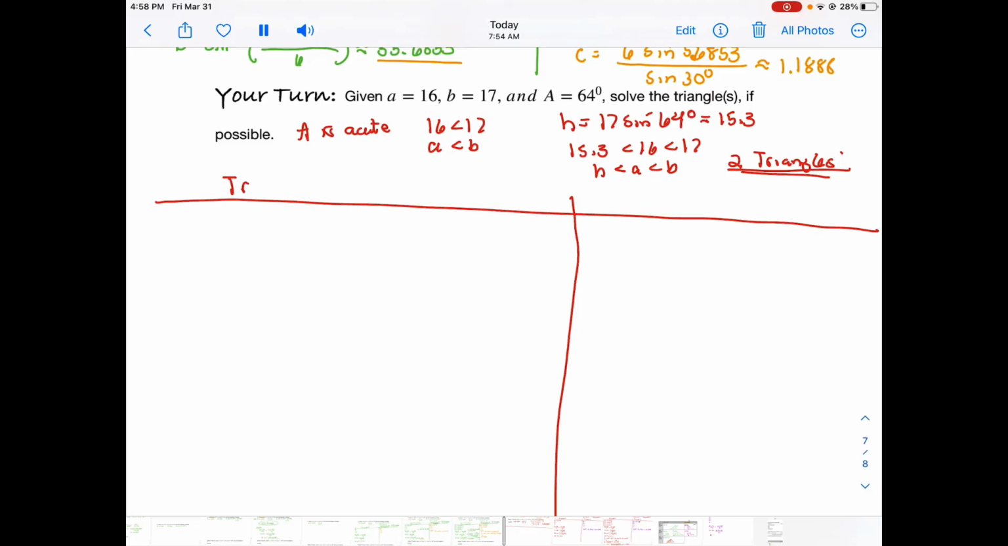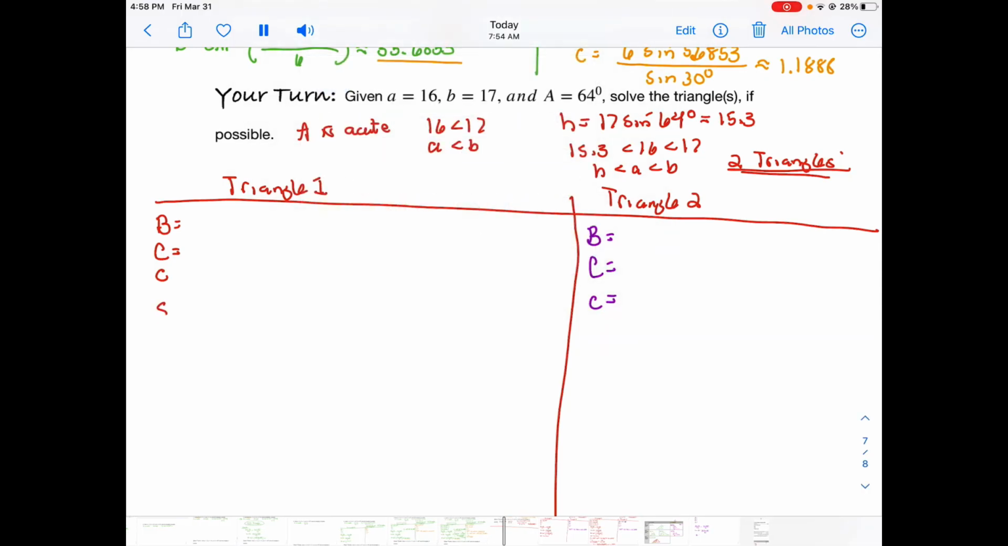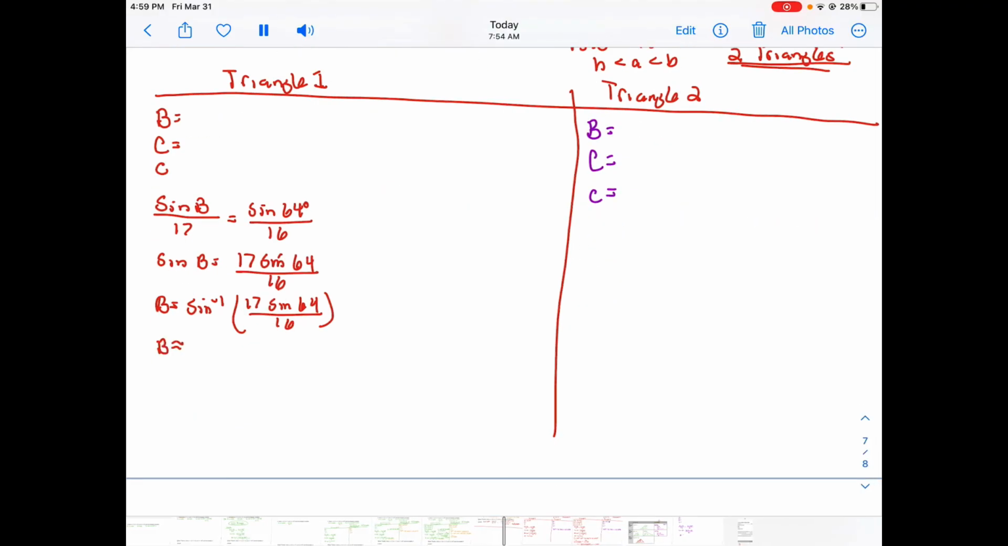All right, so I know angle A and sides A and B, so that means in each of these triangles I need to find angle B, angle C, and side C. We'll start by solving for angle B using our law of sines. So sine of angle B over 17 is equal to the sine of 64 degrees over 16. We'll solve this for angle B, and we get B is approximately